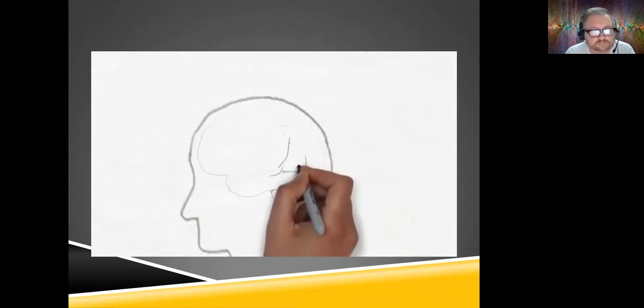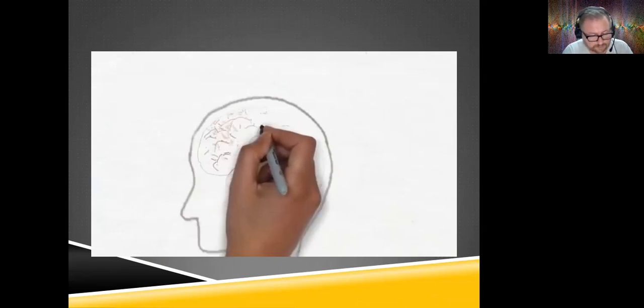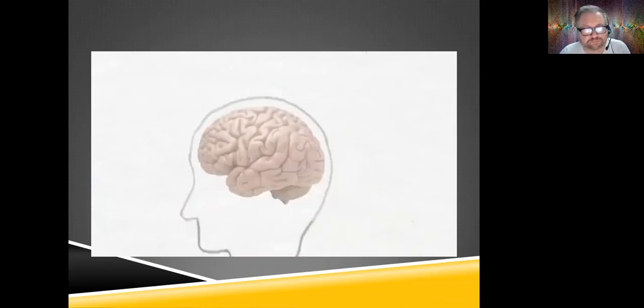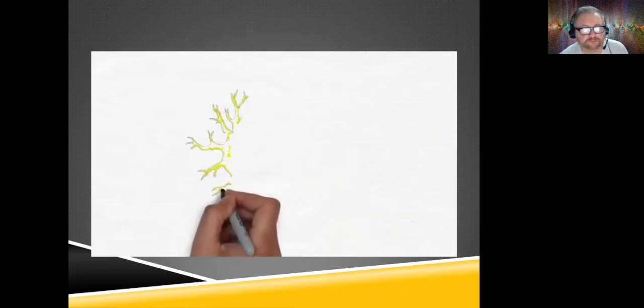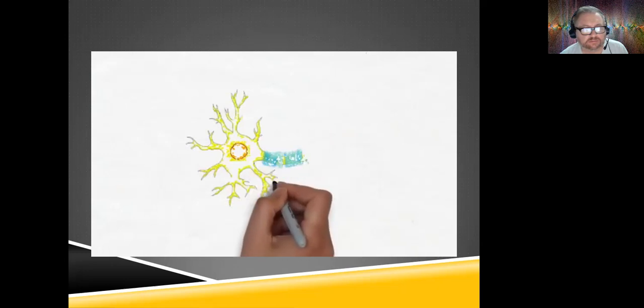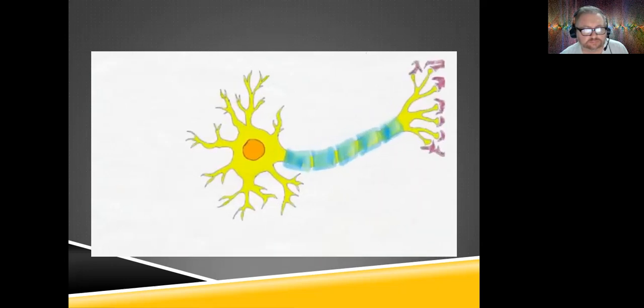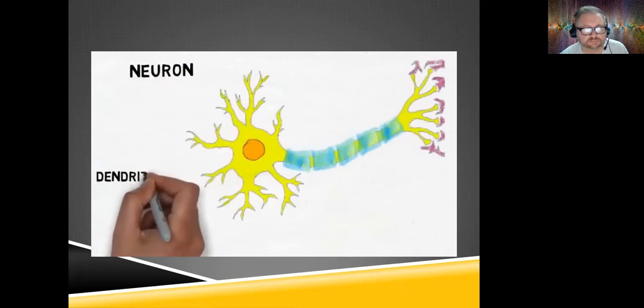This is a brain. Estimates vary, but right now the best guess seems to be that our brains contain around 85 billion neurons. The neuron is a nerve cell, and it's the primary functional unit of the nervous system. This is a generic image of a neuron. Neurons actually come in all shapes and sizes, but this is the prototypical version of a neuron that you'll often see in a textbook. The structures extending from the left side of the neuron that look a little bit like